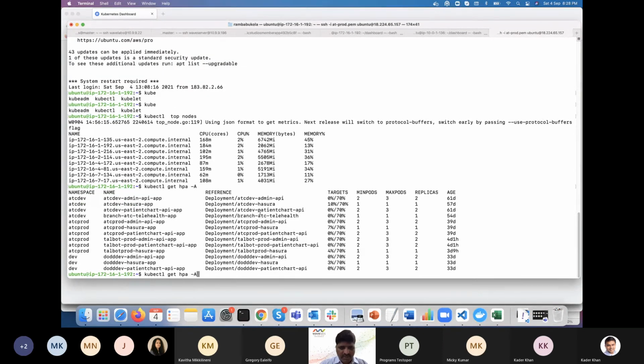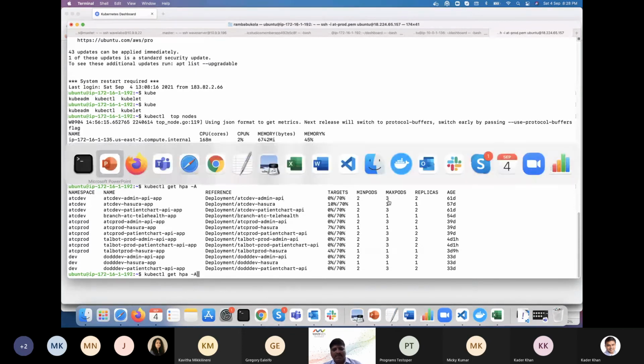Yeah. So here I have all the applications and here are all the targets. Currently their utilization is very less, as it's a weekend. So based on that, whichever minimum pods we have configured, it will be running those. Once the target increases more than 70%, it will start creating another pod, and it will serve the